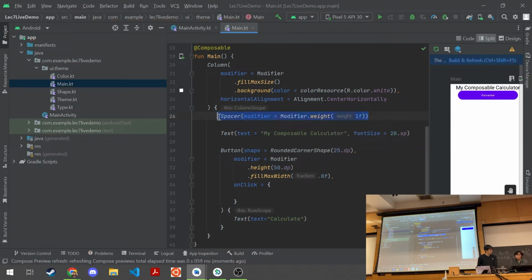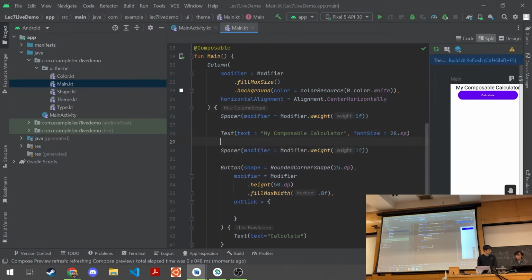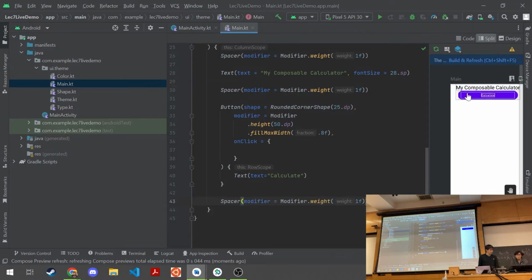And I'll just scatter a couple of these around here. So this will put a bunch of space at the top. So this would actually squish them to the bottom. So if I want to move them to the middle and put some space in between them, I'll just scatter these spacers in between so that there's going to be space above and in between and below them. So if I rebuild, they should scatter out